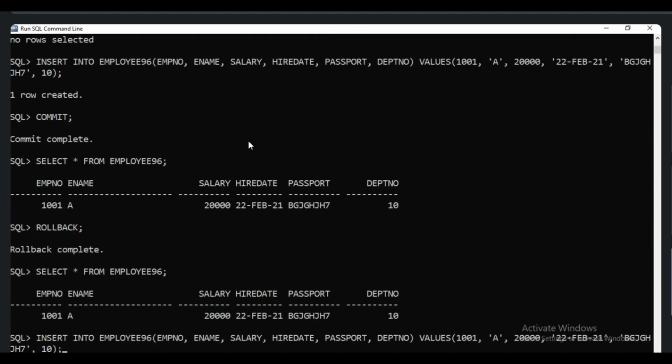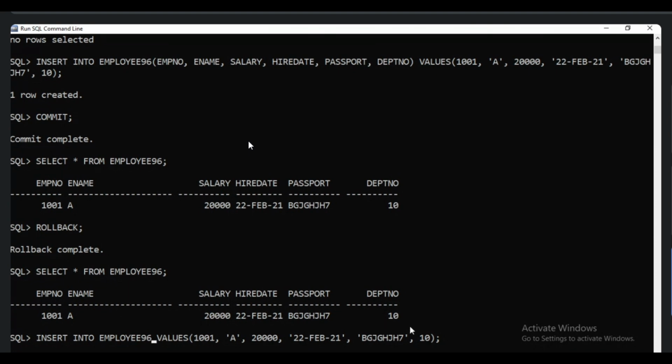So if I want to insert the data into all the columns, no need to mention the column names. Directly we can insert it. My column names are mentioned there. Whatever the sequence of the columns, the same sequence we have to give the values. So here, in whatever sequence the columns are, we have to give the corresponding values in the same sequence. So employee number corresponds to employee number, employee name corresponds to employee name. So we have to maintain the same sequence.